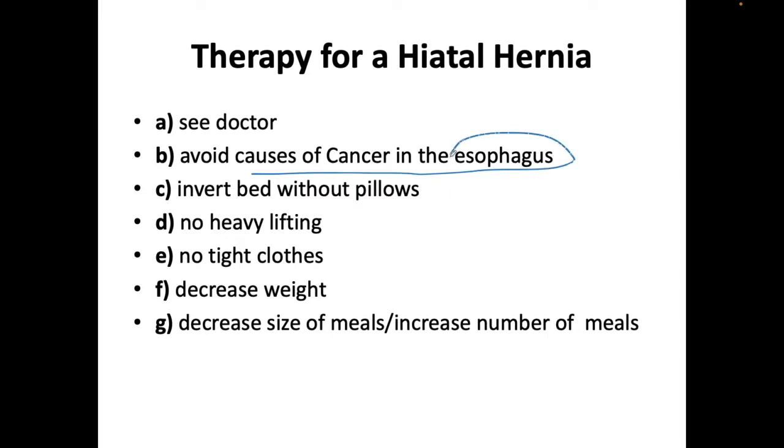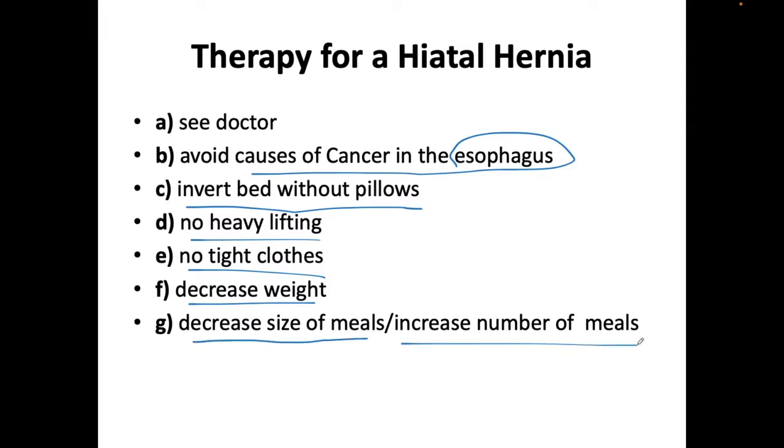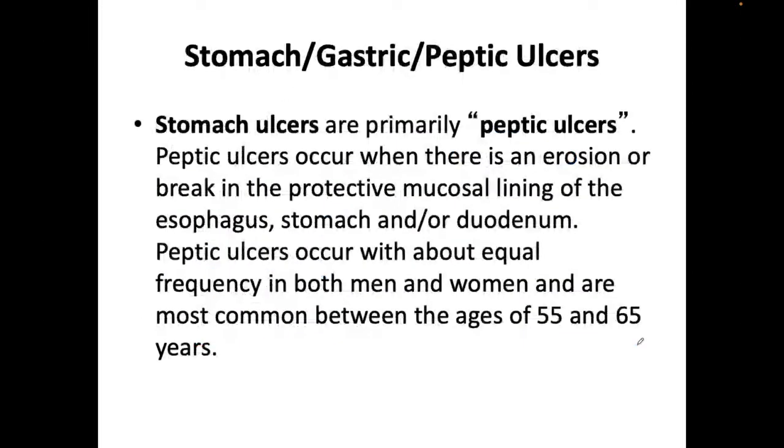You can invert the bed without pillows, avoid heavy lifting, don't wear tight clothing, decrease weight because obesity is a cause. And when you're eating, it's important to decrease the size of the meals, but increase the number of meals. When we talk about ulcers, stomach ulcers, sometimes they'll use the word gastric ulcer or peptic ulcers,